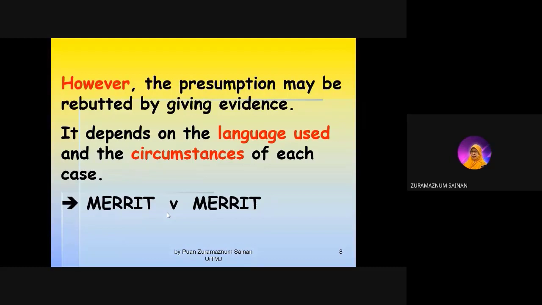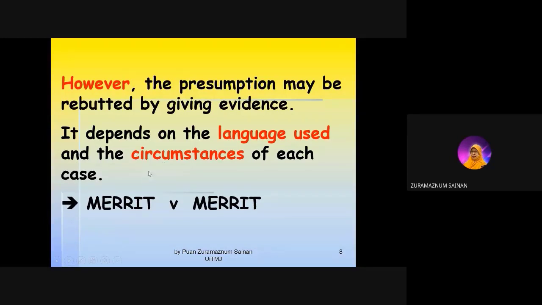The wife, they make the agreement binding by way, okay, she asked the husband to sign, okay, just on a piece of paper, I promise to bring my wife to Dubai for our vacation, for our wedding anniversary. Signed by the husband. So in these circumstances, the agreement is binding. Itu cara nak rebut tu. Sebab tadi presumptionnya no intention.